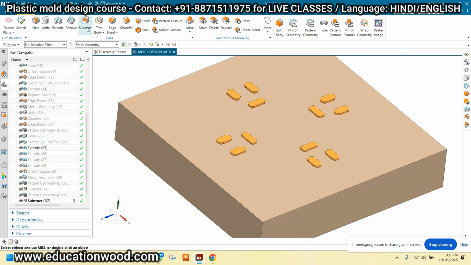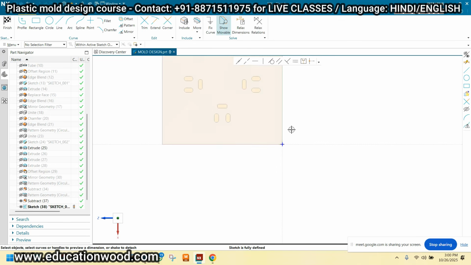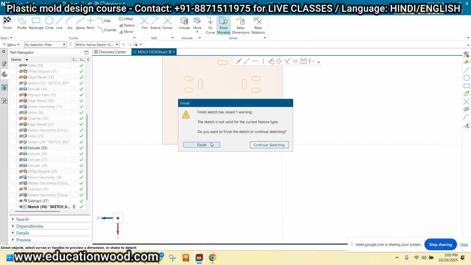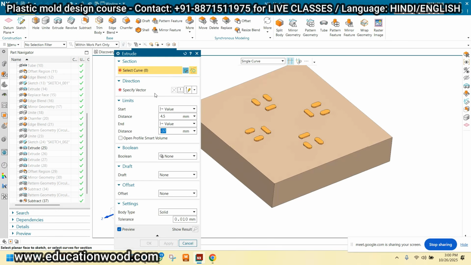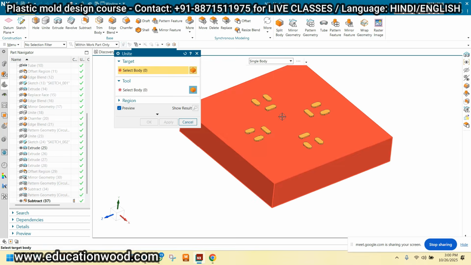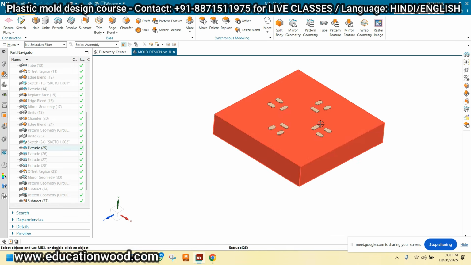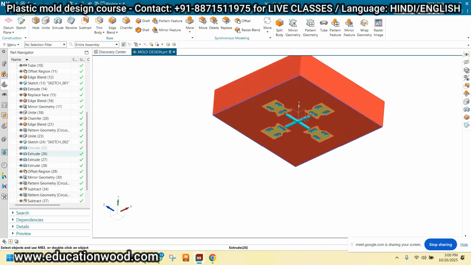Just unite all these small blocks with the big one. Finish this, and unite this with this and just click OK. And where is the component again?